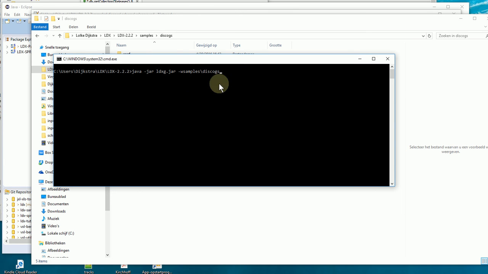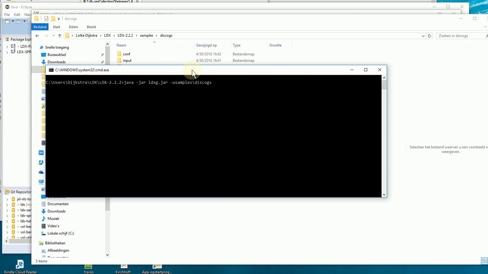-w working directory samples Discogs. Don't put a space in between here because it will not work, as you will probably know. And then we need to put in the configuration file. The nice thing of having this working directory is that all the other path expressions will be relative to this working directory. So that means that we can write here conf,